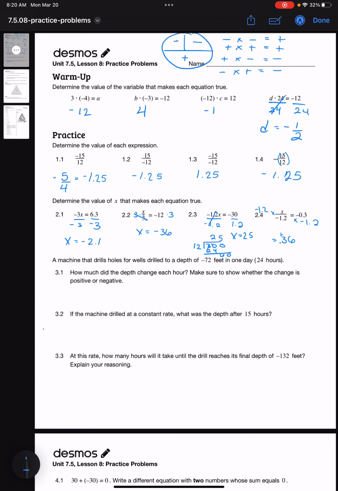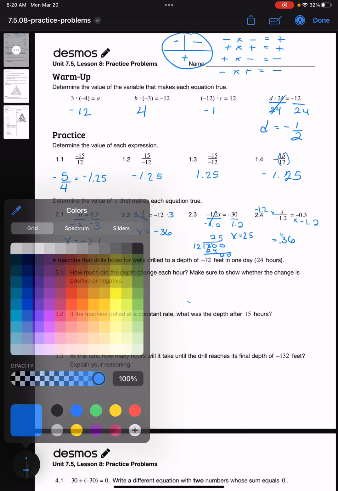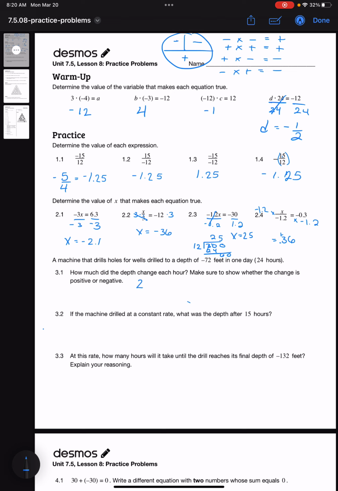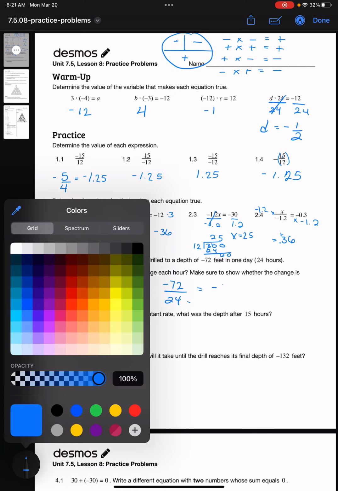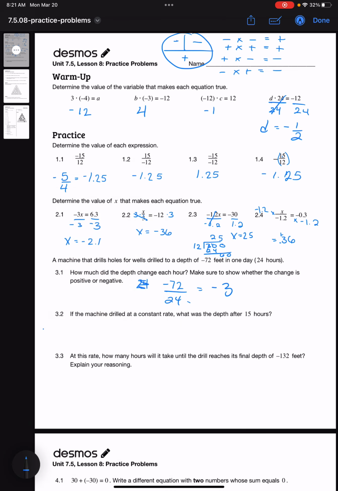So we'd have to do the 24 hours, we'd do the negative 72 feet divided by 24 hours. So we know this is going to be negative. So if I did 72 divided by 24, I would get negative 3. So it would go down 3 feet